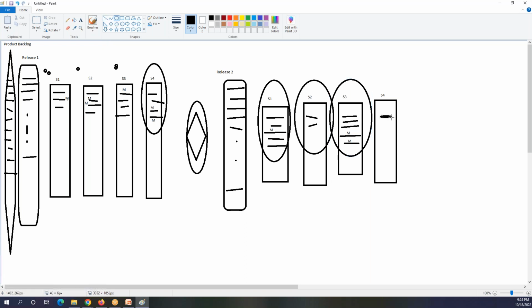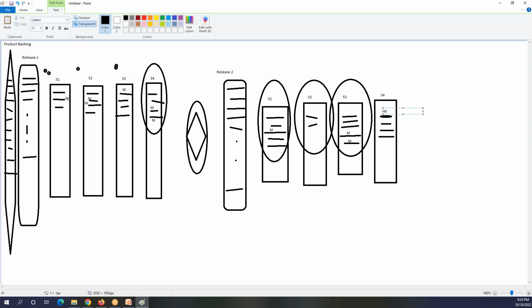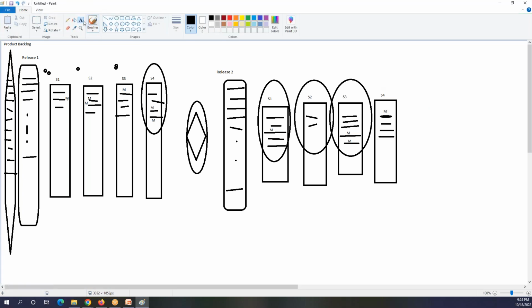Okay. Let's do one last release. Then we will end for today, I think. So in this one, let me add only one major functionality here. And now consider that you are here in sprint 4. Now you have to give me the answer for regression, smoke, and sanity.